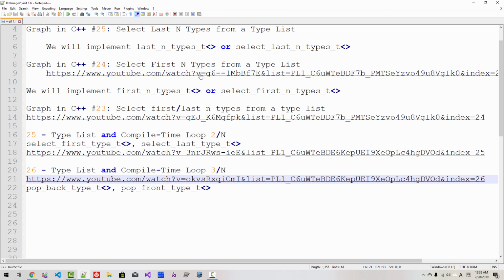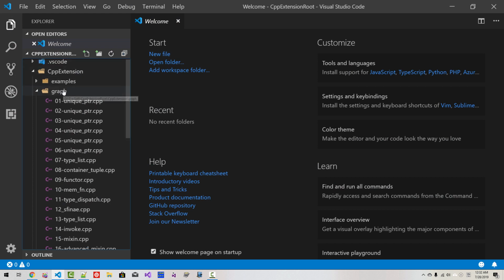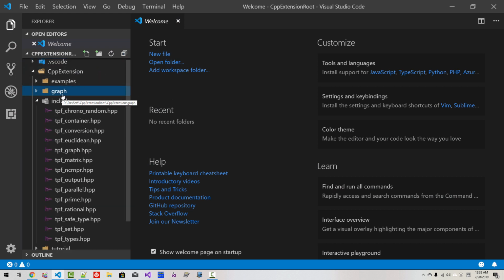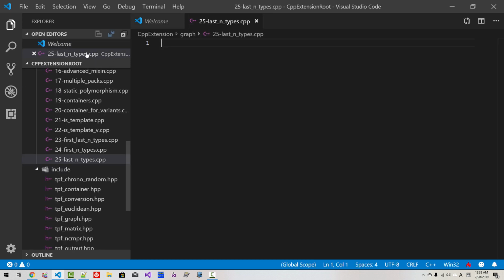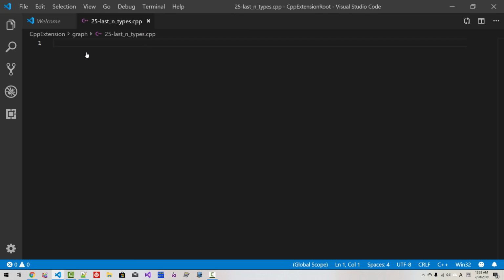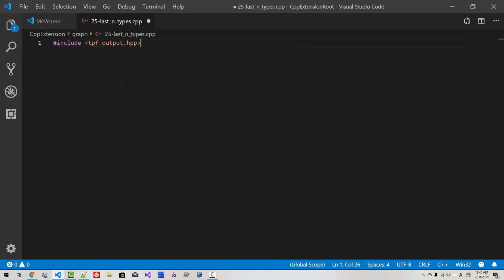Without further ado, let's get started. Start Visual Studio Code. In the CPP extension grep subfolder, click this button, 25 last n types.cpp, hit enter, Ctrl V, include talk play fun, output HPP,